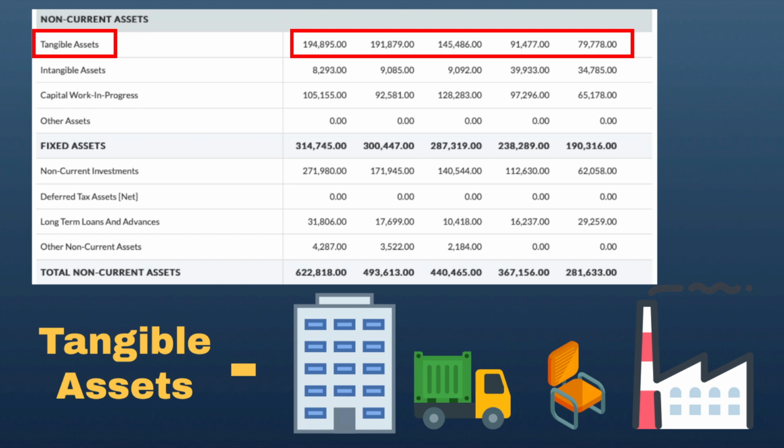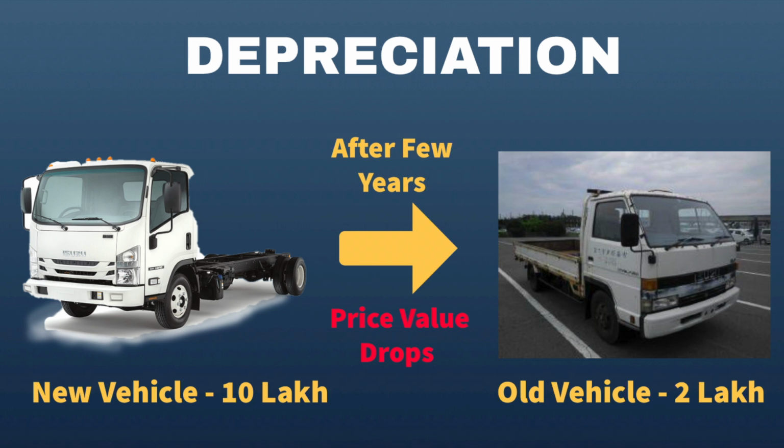Now, the company has to make a balance sheet on a regular basis. If a company buys a truck today for 10 lakh, it will be an asset today for 10 lakh, but the next year, obviously, it won't be worth 10 lakh. Not just next year, what about the year after that? Or 10 years down the line? Every year, the value of the truck or the machine will drop because it's becoming older and new technologies are coming up in the market. So, the older a product becomes, the more value it loses. So, this whole concept is called depreciation.